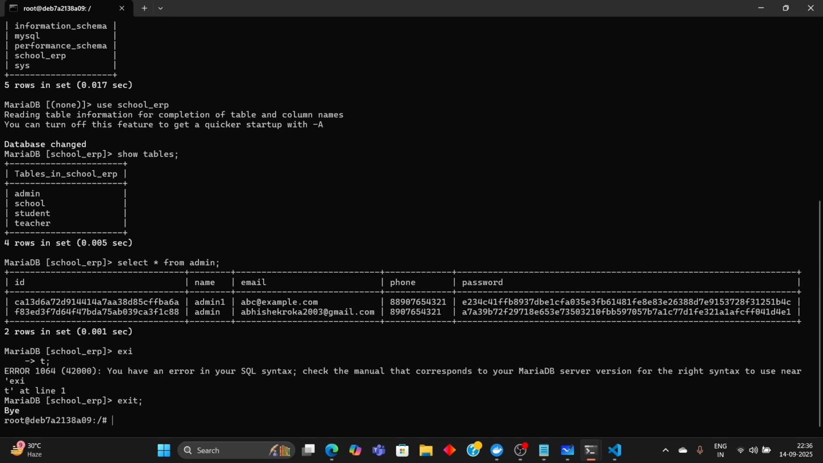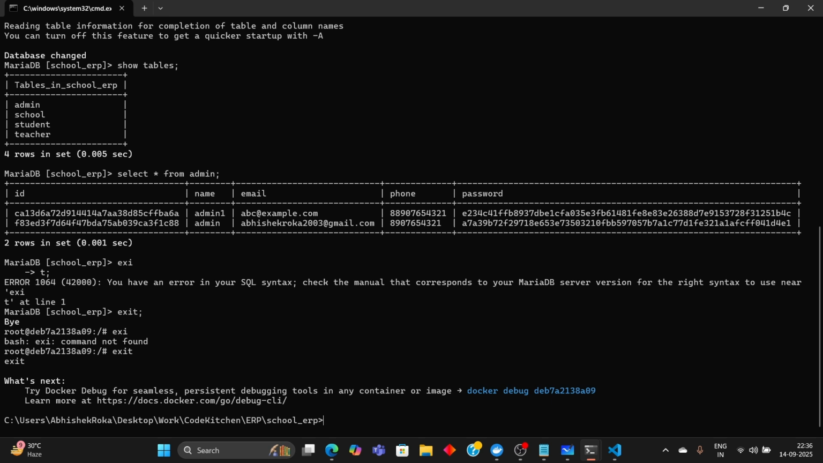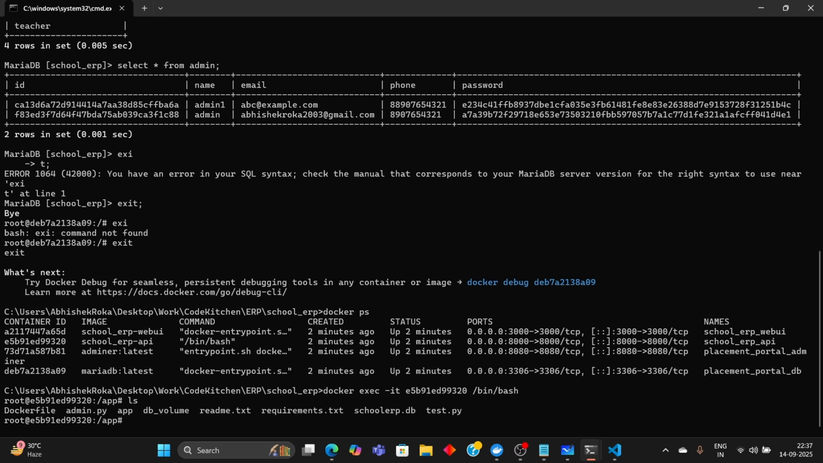Okay, exit. Now exit from this part also. Now it's time to go inside the API. If I perform docker ps again, I just have to copy the API container ID and perform this bin bash here. And now inside the container, you can see the files are already here. I just have to run uvicorn app.main:app --host 0.0.0.0 --port 8000